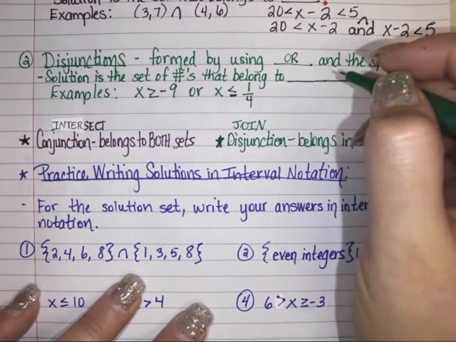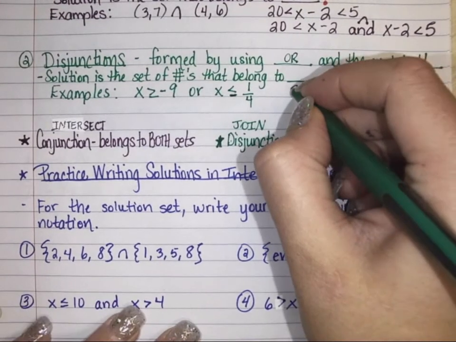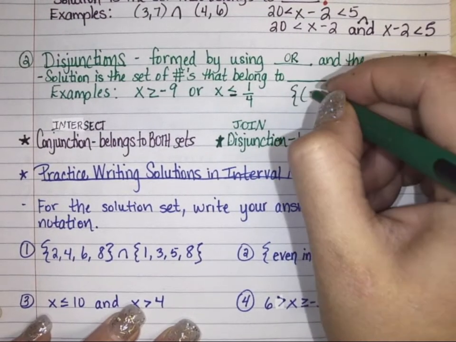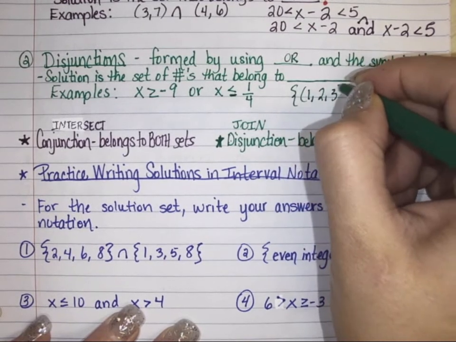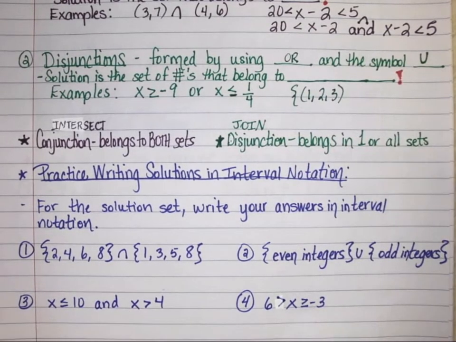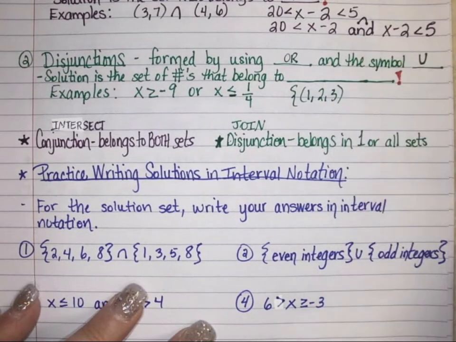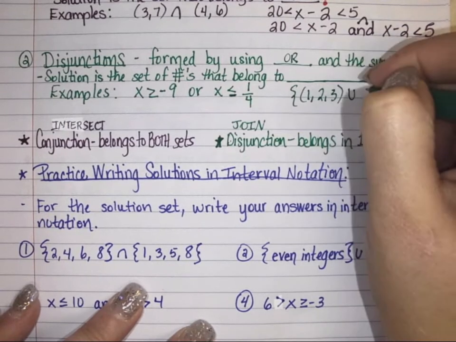Also, another example of a disjunction would be if I've got the solution set of numbers 1, 2, 3, and I'm also going to join that with